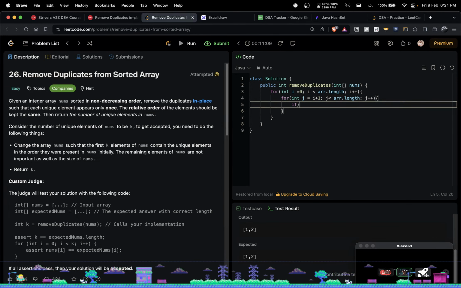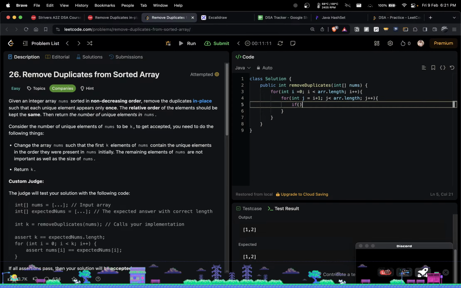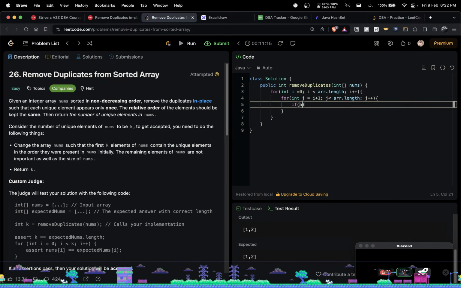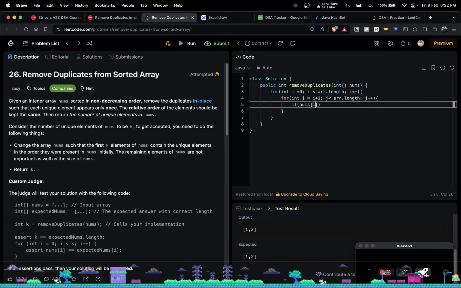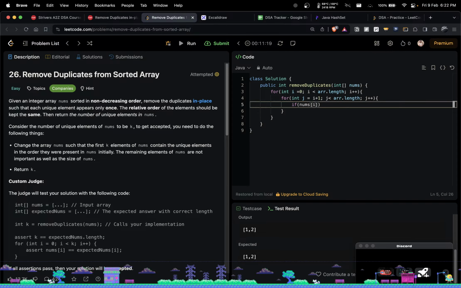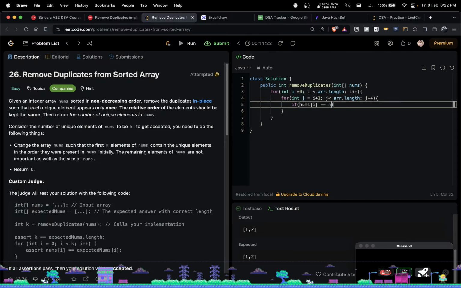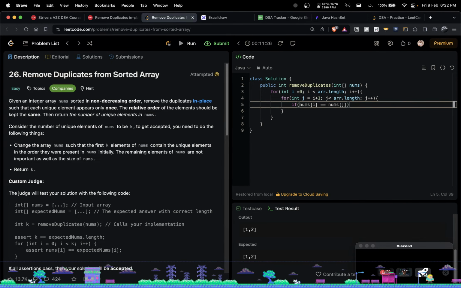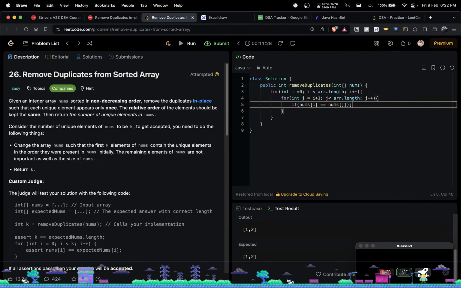Now we'll write the condition: if nums of I is equal to nums of j, we do j plus plus,